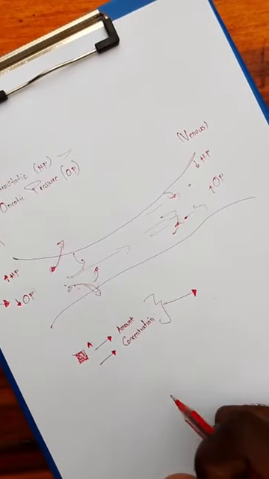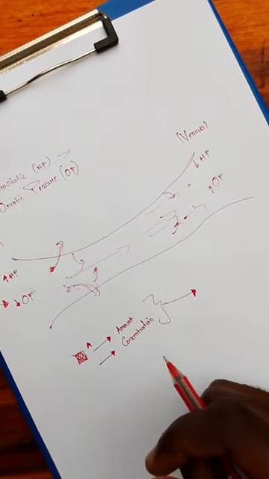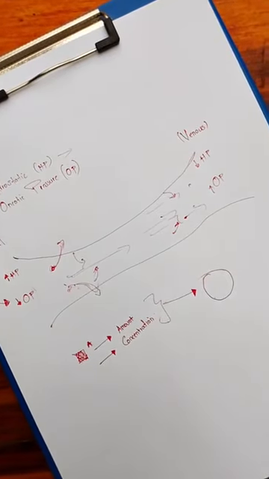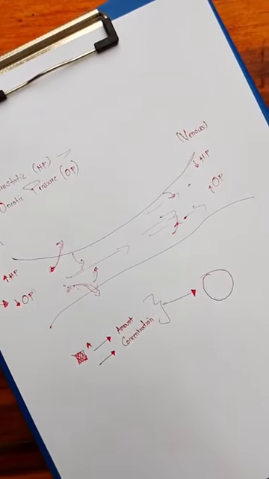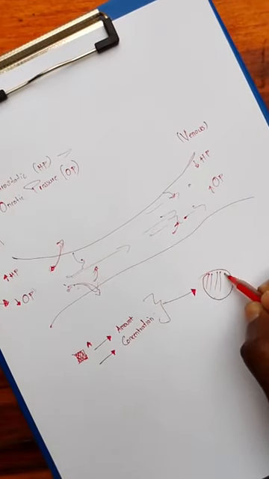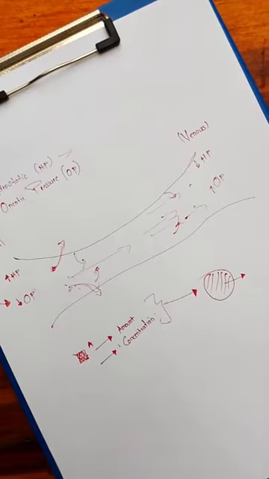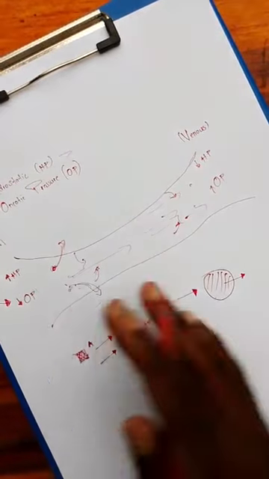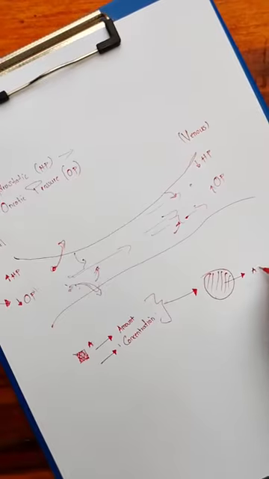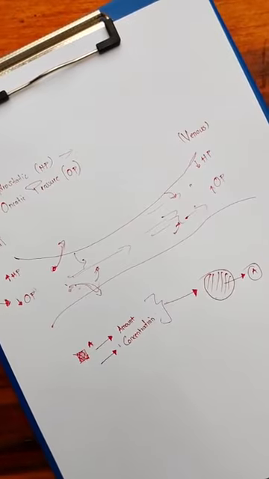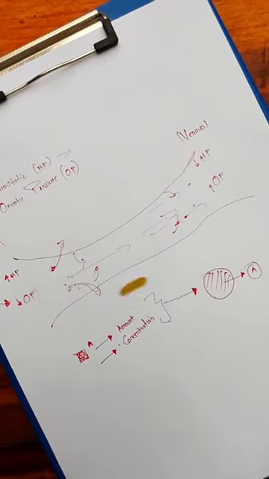After some minutes, it can be 15, 20, 30, depending on the indicator and the compartment you are dealing with, you are going to get a sample from that particular compartment. Then you measure the concentration of the indicator that we injected after it has diluted into that compartment. So you get the concentration of that indicator in the diluted fluid that you have drawn as a sample. Then you use the formula,